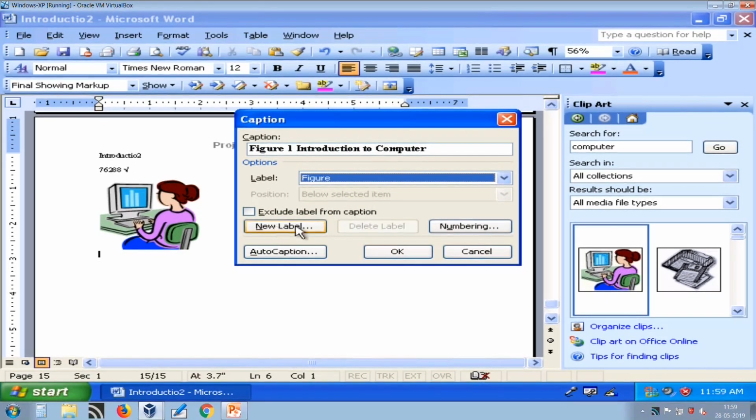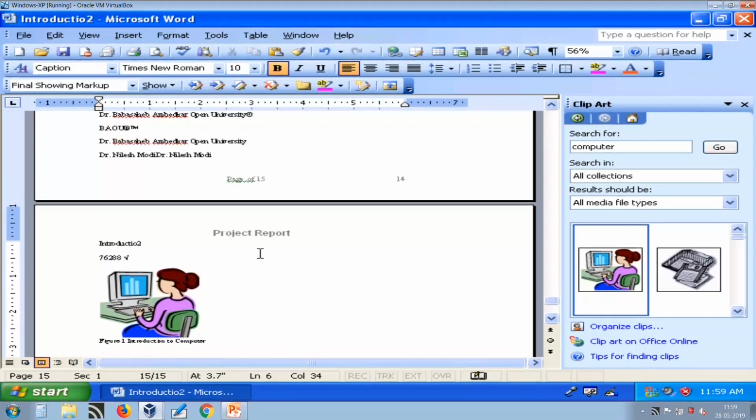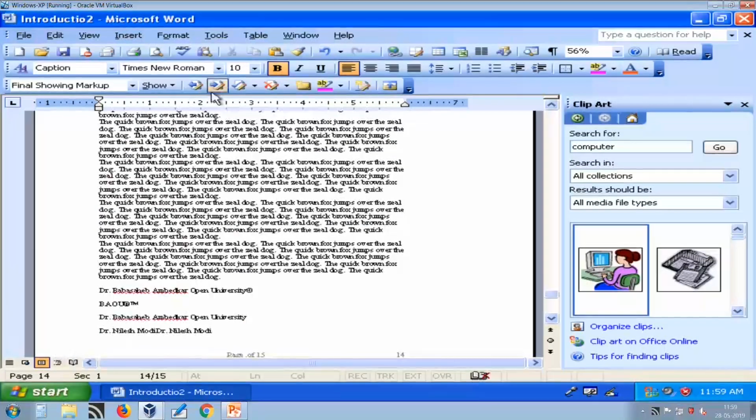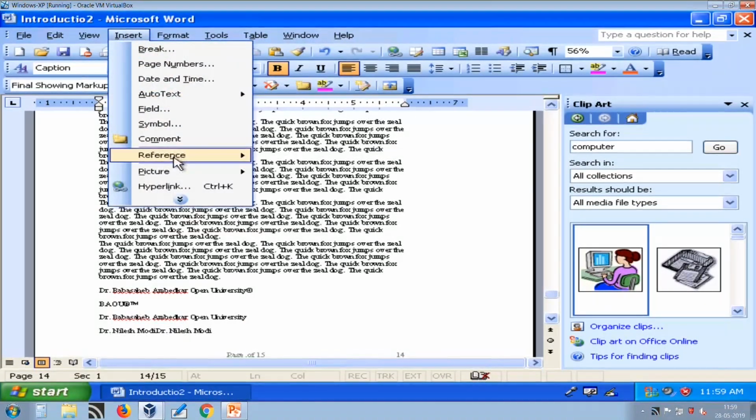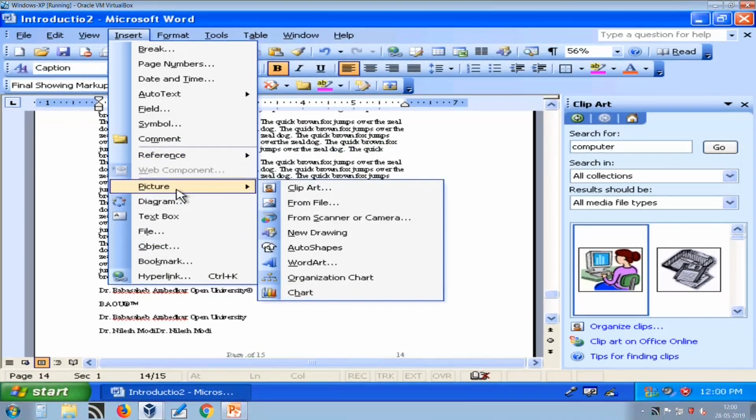You can also define new labels that are displayed here, and you can also define numbering. I am just pressing OK. So it displays Figure 1 Introduction to Computer. This is how I can insert a caption from Reference.